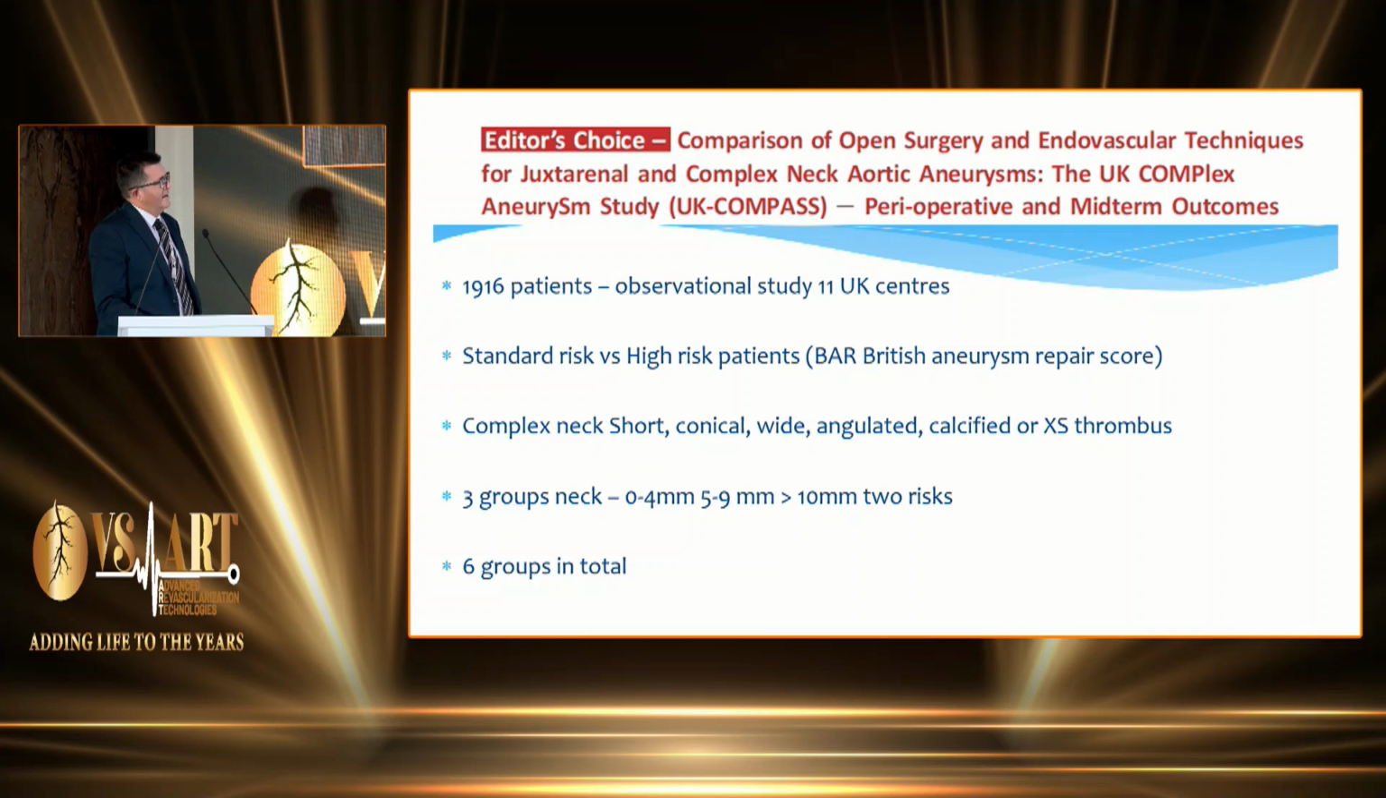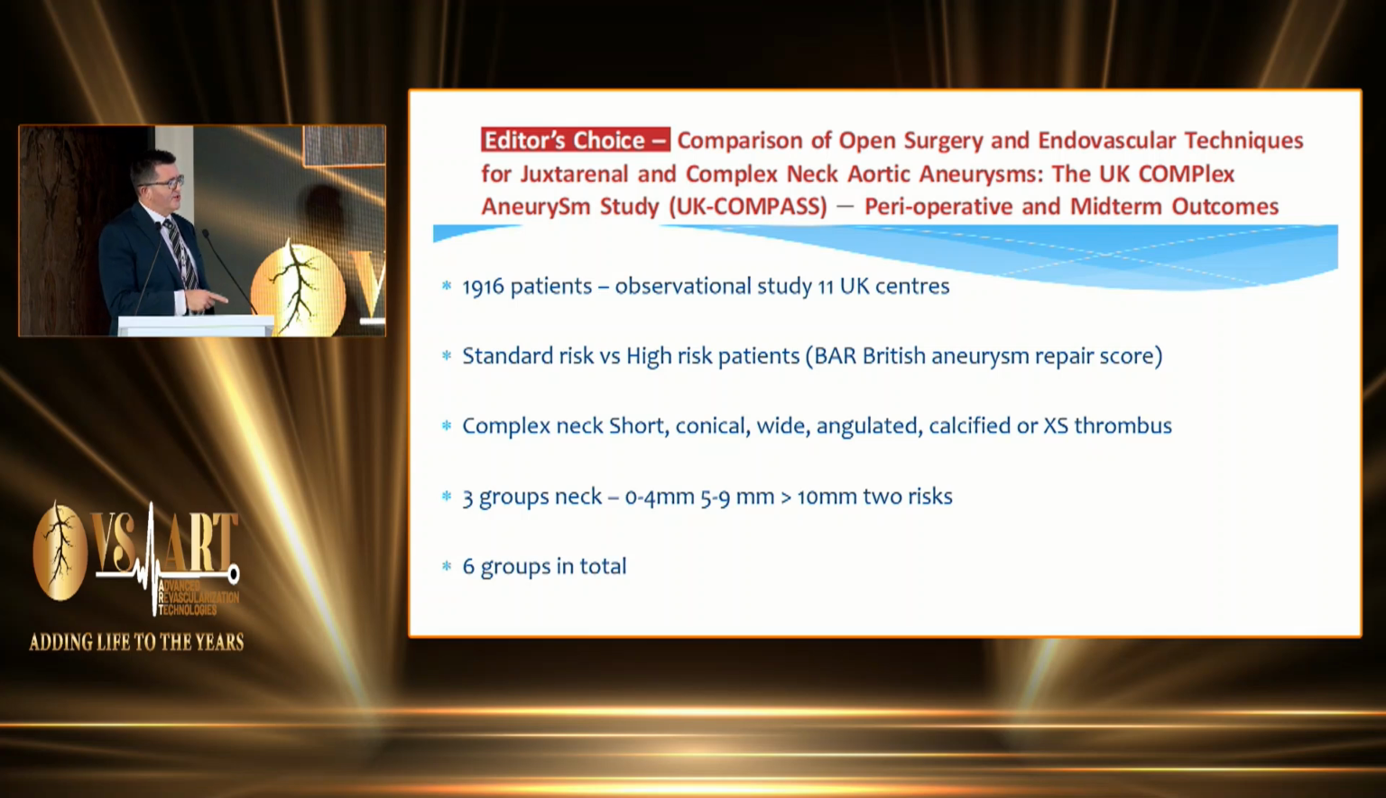But this was a real interesting paper that came out in 2024. This is the UK COMPASS trial. It was an observational study. They narrowed down 8,800 patients using HES data, the hospital episode statistics in the UK, and also the NVR data. So it's a real world study on 1,916 patients, and they looked at standardizing these into standard risk patients and high risk patients using the British Aneurysm